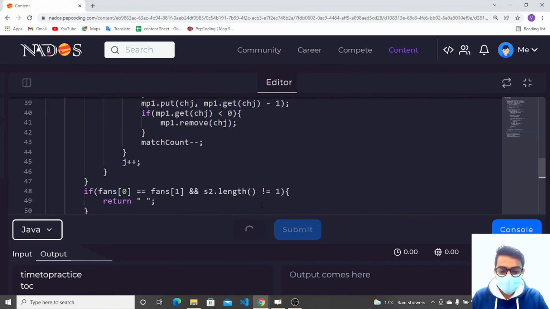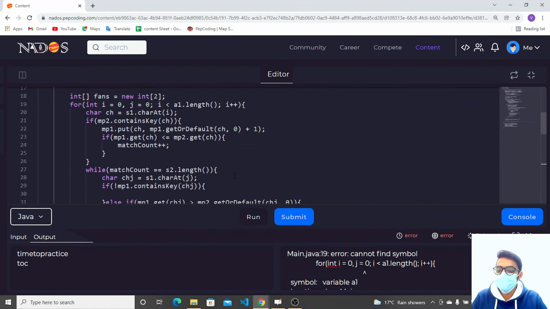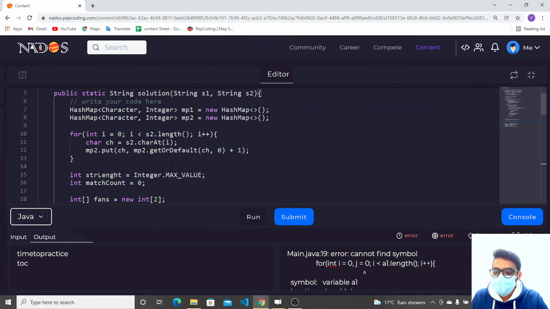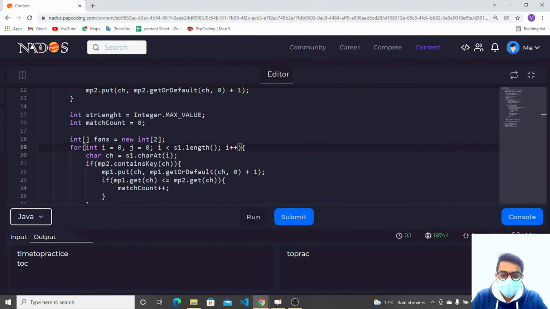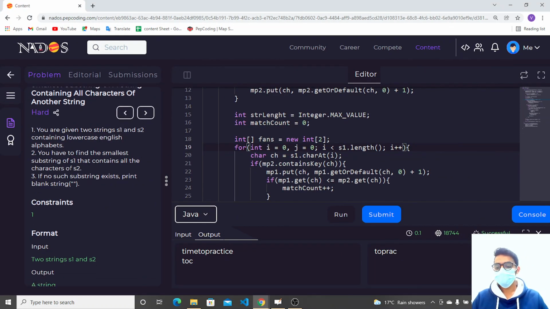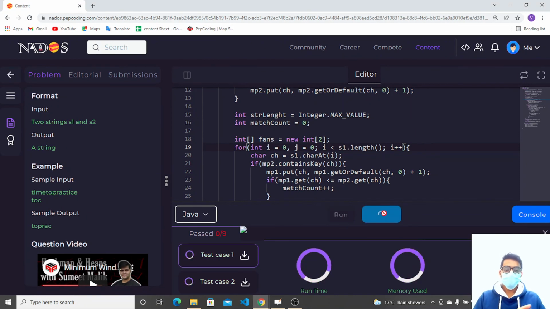So let's try to run it. We got some error at the 19th line. At the 19th line, it should be s1, not a1. Let's check again. So we got our main answer, the sample output for this input string. So let's try to submit it. Will it pass all the test cases or not? So all the test cases are